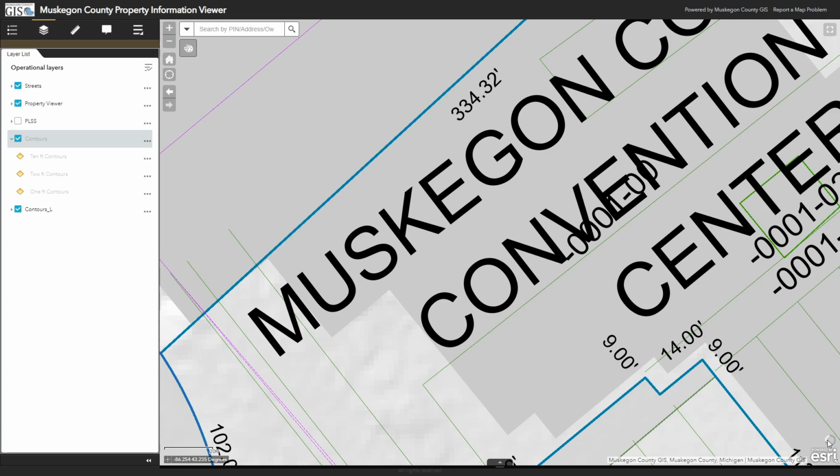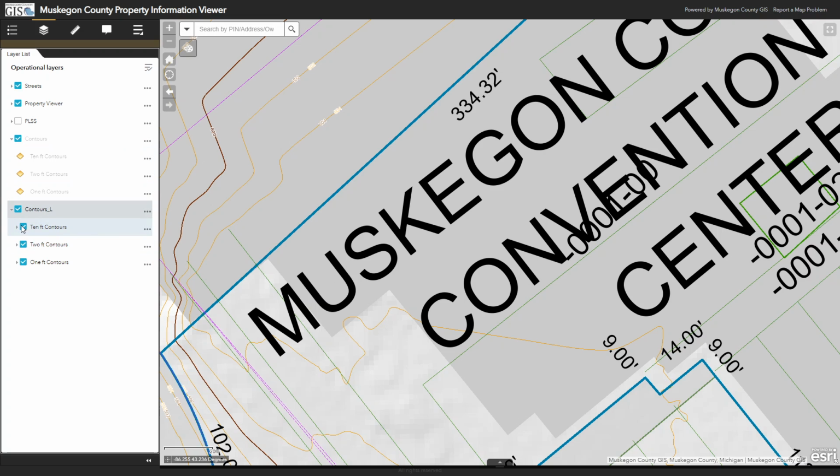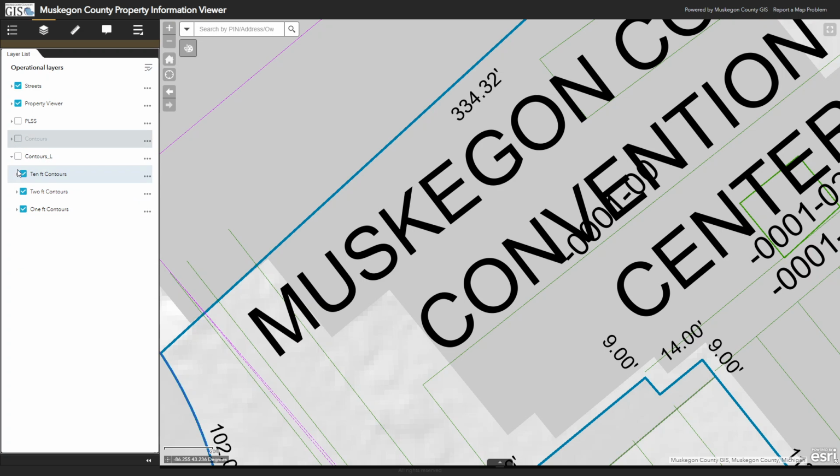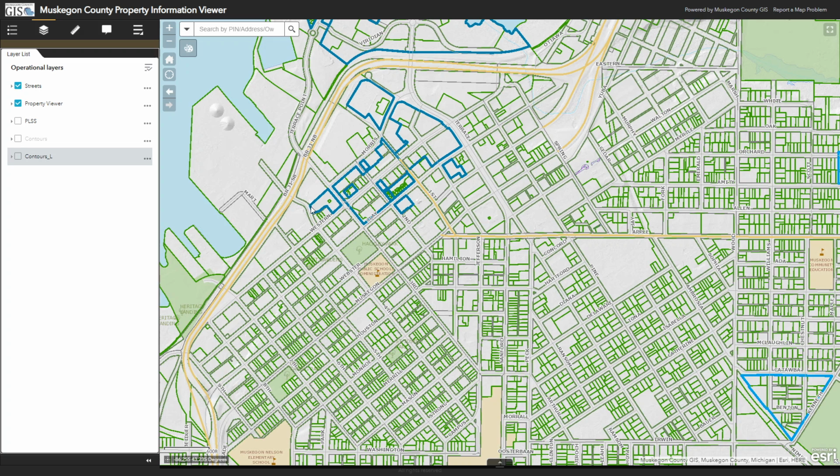But remember that this is a very large layer, and I suggest that you only use that when you're zoomed very close in to a given property. I gave it a few seconds and you can see now it has loaded, and we're getting our different contour intervals, which you can expand out and see 10, 2, and even 1 foot contours in here as you zoom into certain areas. I'll turn those contour layers off for performance, and I'll take you to our next tool,